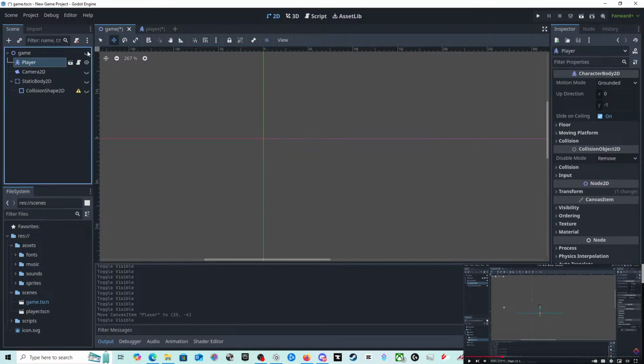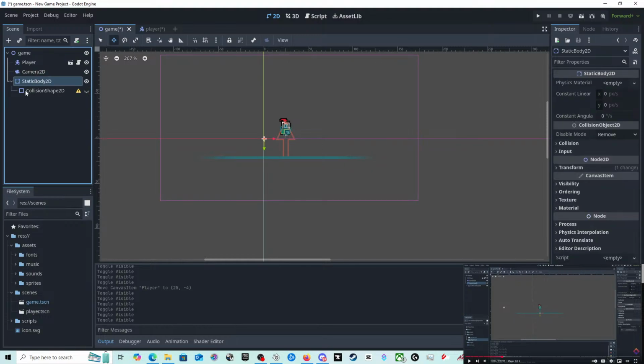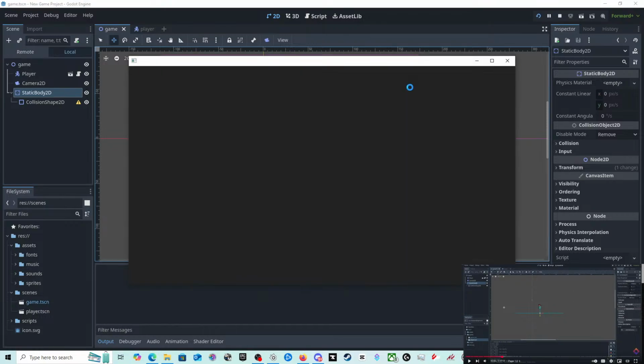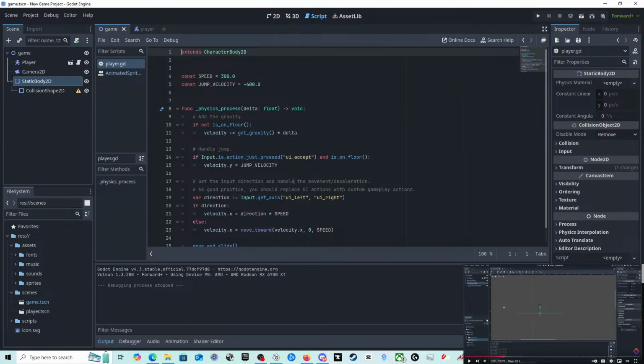I'm not sure why that's doing that though. That's not right. Has that got something to do with this script?